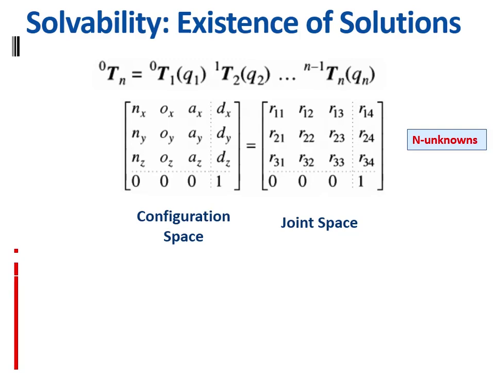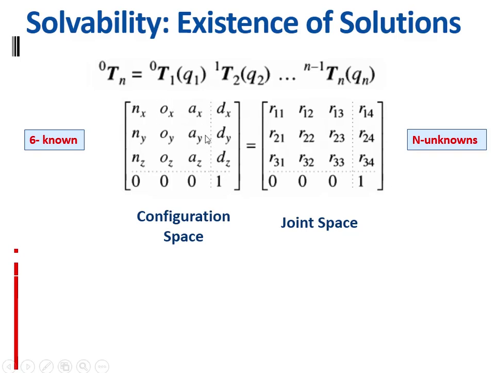Now when I talk about the inverse kinematic case, this part is the unknown part that I want to know, whereas this part is known to me. So in inverse kinematics we have n unknowns, because if it is a manipulator with n links, there are theta 1, theta 2, theta 3, and so on to theta n. Whereas in this case we have a 3 by 3 rotation matrix, but all I want to know is the angle orientation.